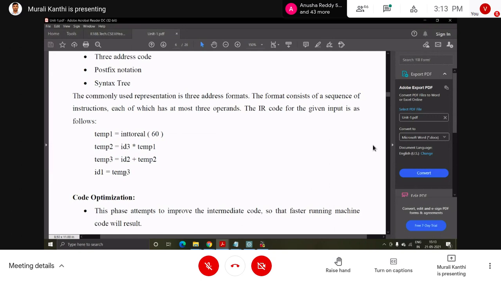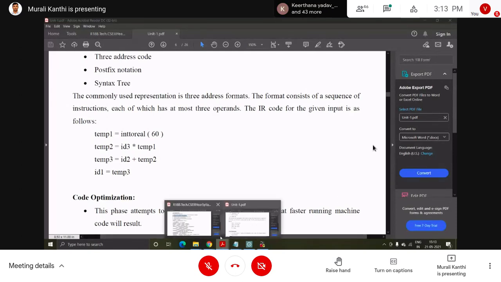So 3 are used, more than 3 not allowed. That's why it is called 3 address code. 3 addresses are used to evaluate a sub expression in order to compute the final expression.